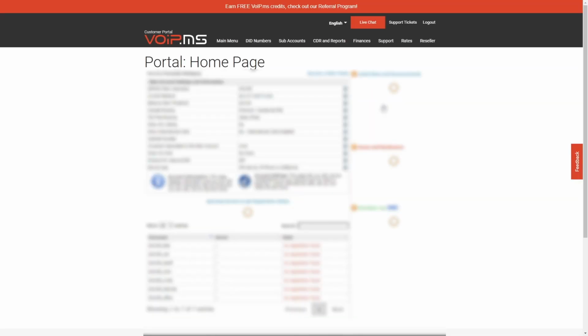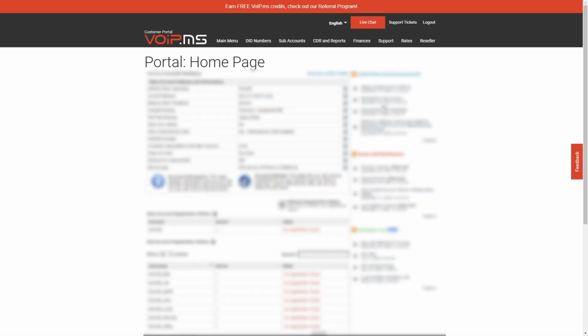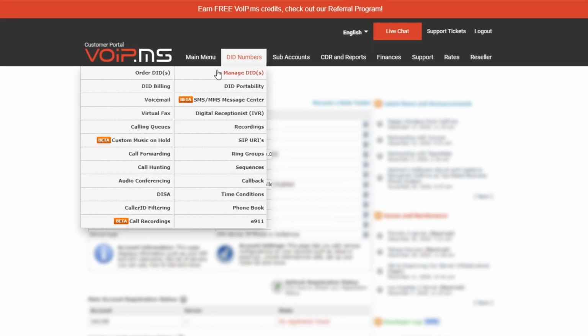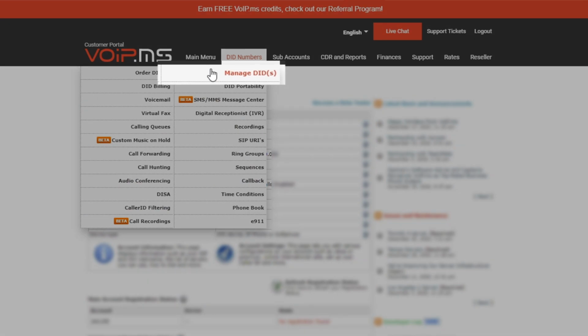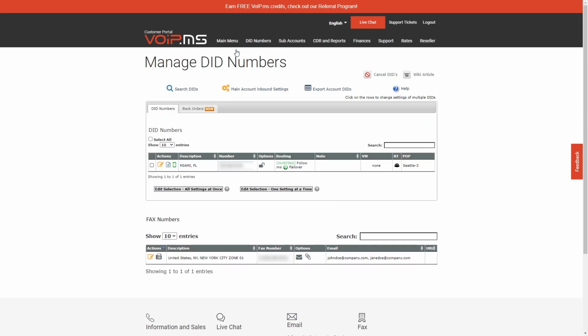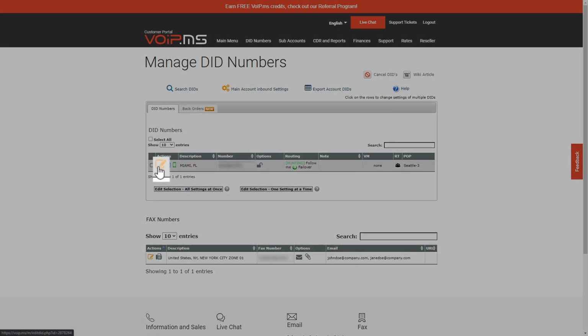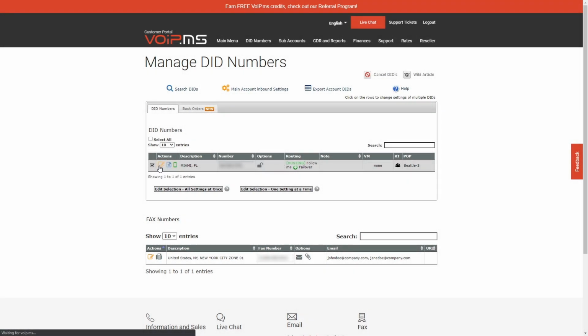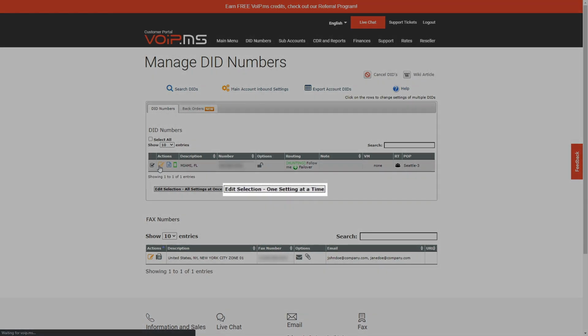VoIP.ms allows to record incoming calls, outgoing calls, or both. Let's get started with incoming calls. Head over to the DID numbers menu and click on Manage DID. Then simply click on the Edit DID button next to the DID of your choice. You could also edit all your DIDs at once by clicking on the Edit Selection, one setting at a time